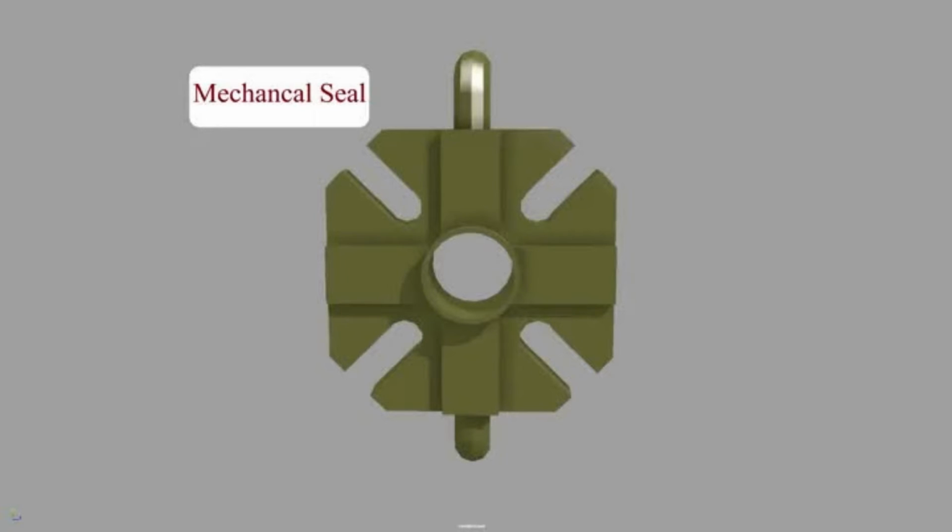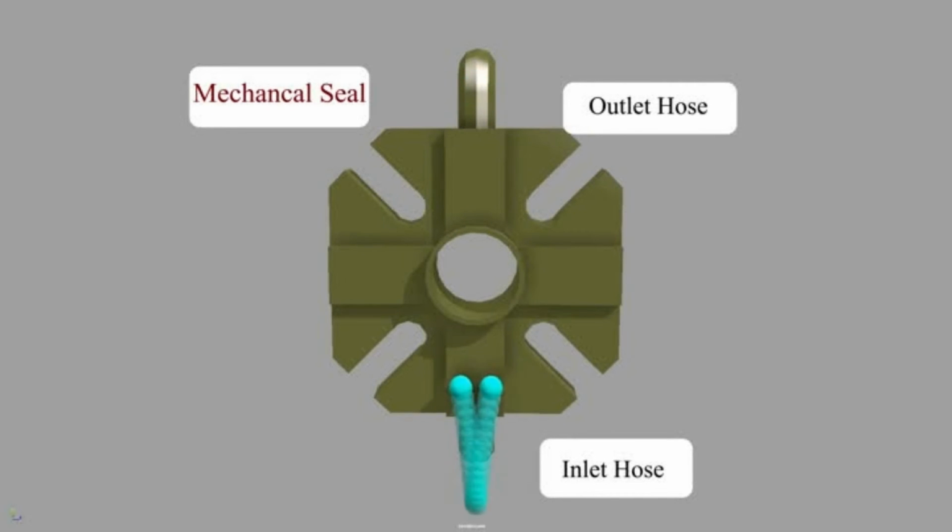Over time, the seal starts leaking due to wear caused by friction created by the movement of the shaft. To prevent this, water is pumped into the seal through the inlet hose to cool it down, then pumped out through the outlet hose. Let's get started replacing the mechanical seal as part of our planned maintenance. You'll need another maintenance worker to help you out,